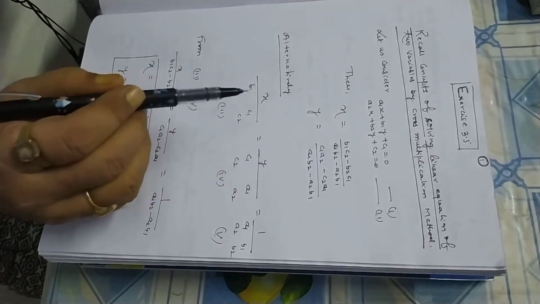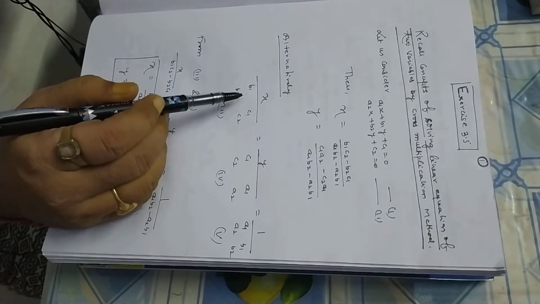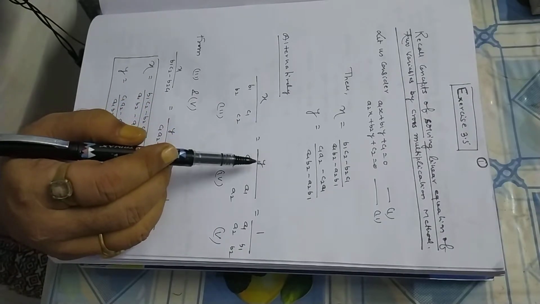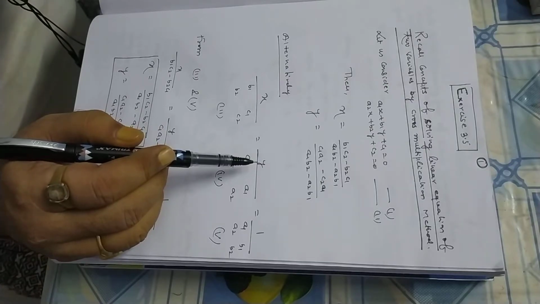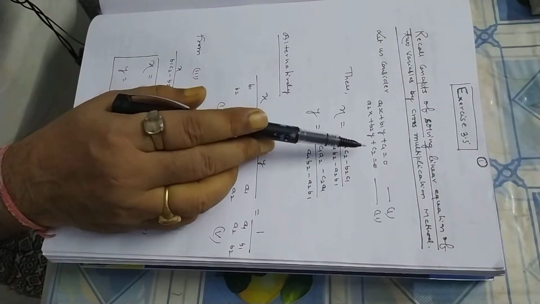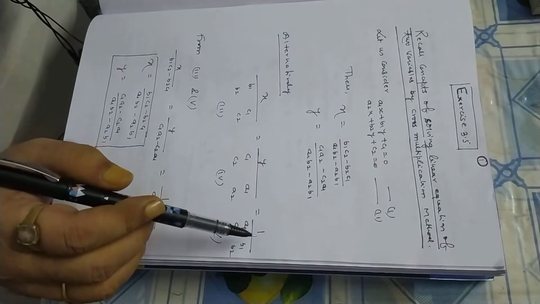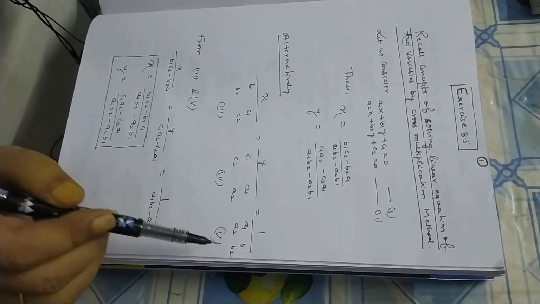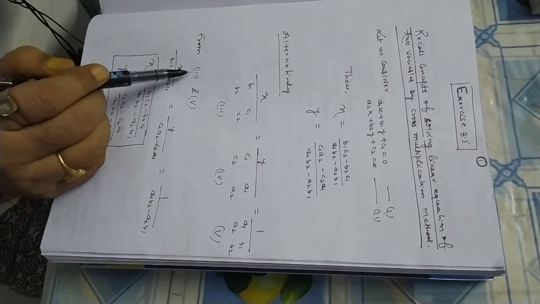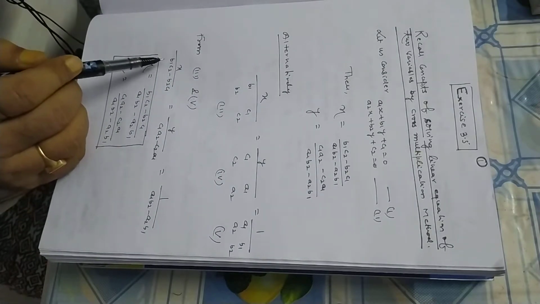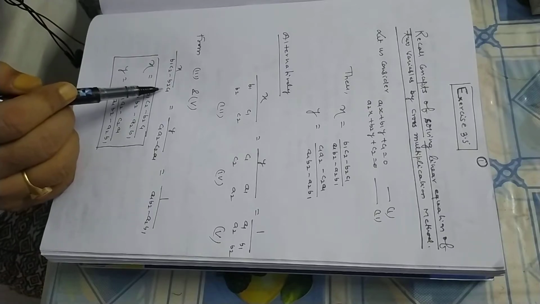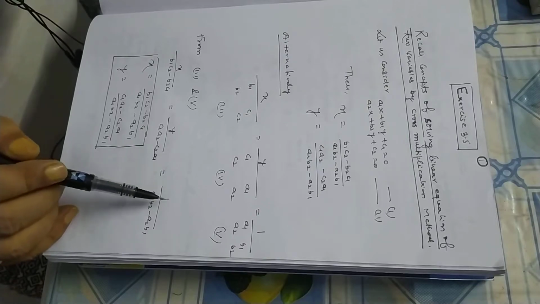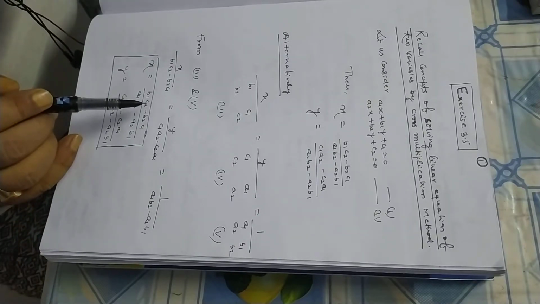the coefficient of x and start to write the coefficients of y, b1, b2, c1, c2. Now, we want to find the value of y, so leave the coefficient of y: c1, c2, a1, a2, and now for the coefficient of the constant term 1: a1, a2, b1, b2. So from 3 and 5 we have x by b1c2 minus b2c1 is equal to y by c1a2 minus c2a1 is equal to 1 by a1b2 minus a2b1.